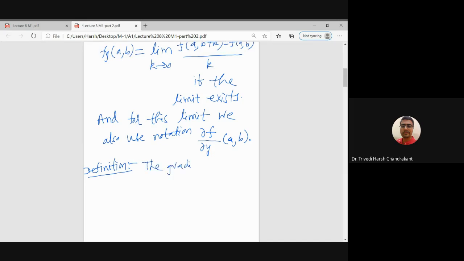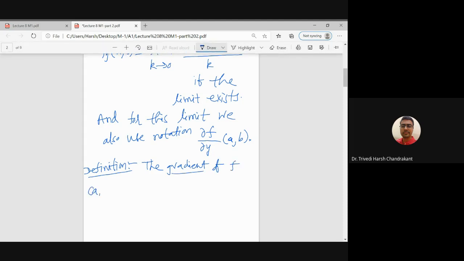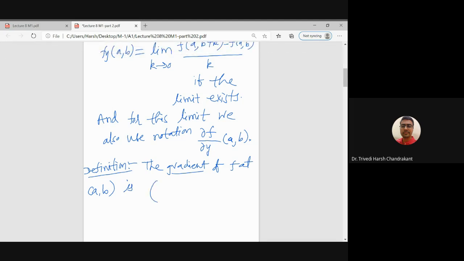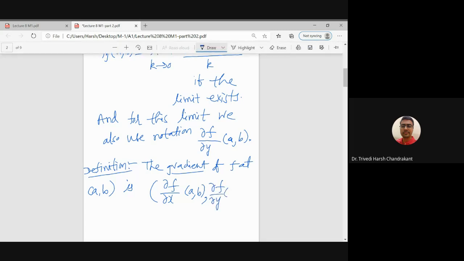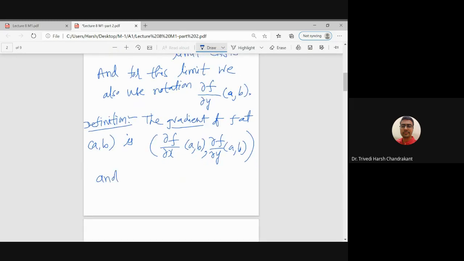So the gradient of the function f at the point a comma b is the point del f by del x at a comma b, partial derivative with respect to y evaluated at a comma b, and the gradient